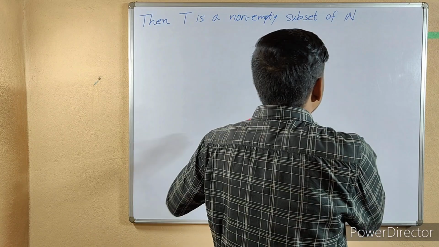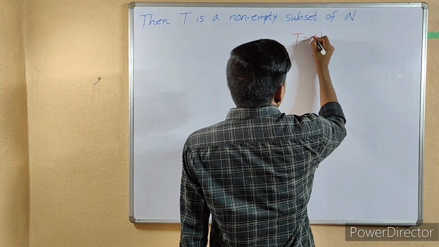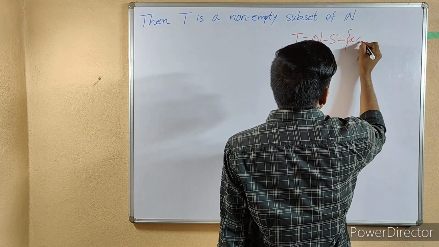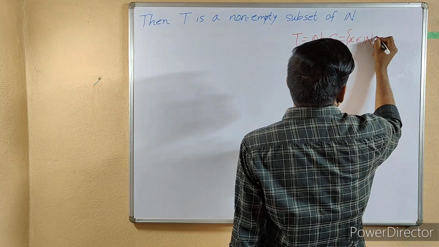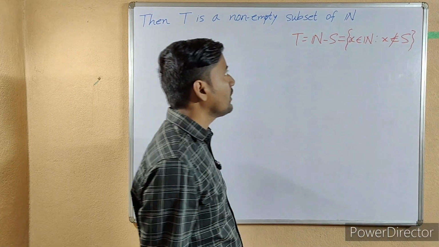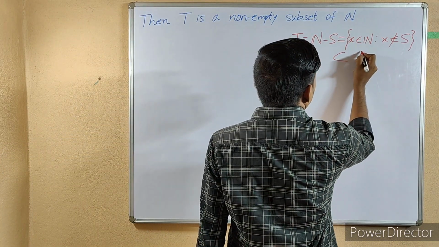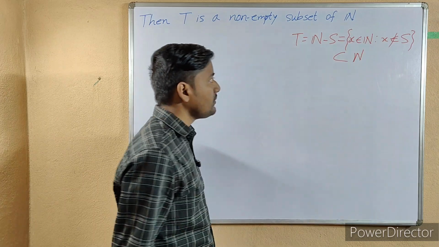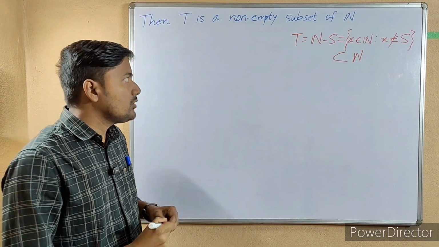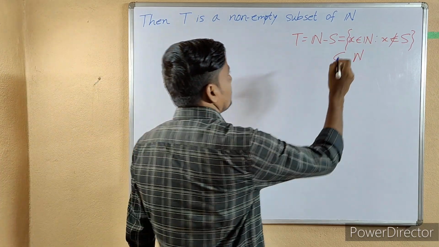Because T equal to N minus S, which is the set of all x belongs to N such that x does not belong to S, and this is clearly a subset of N. Belongs to N implies subset of N. So T is a non-empty subset of N, and hence